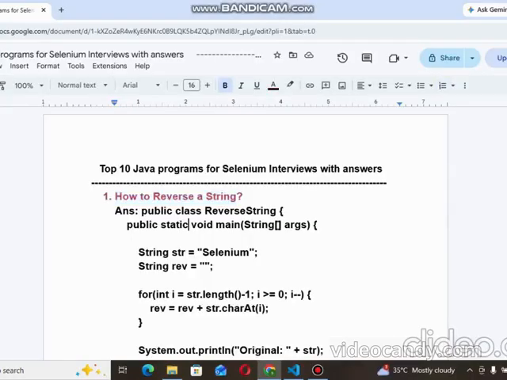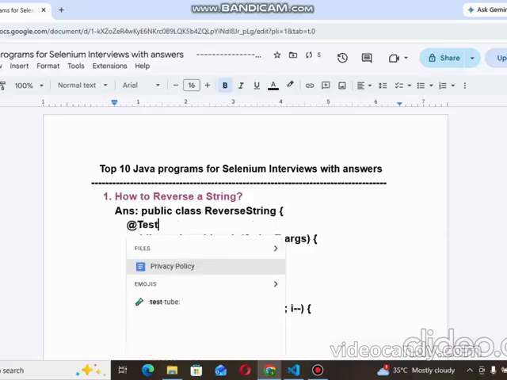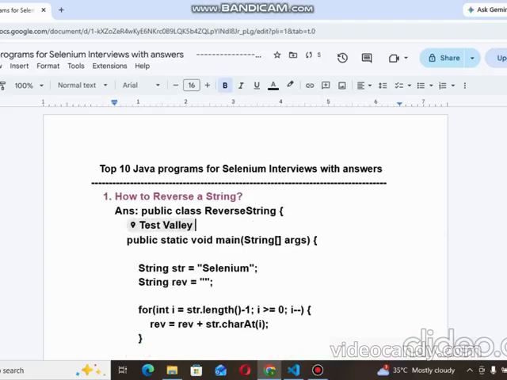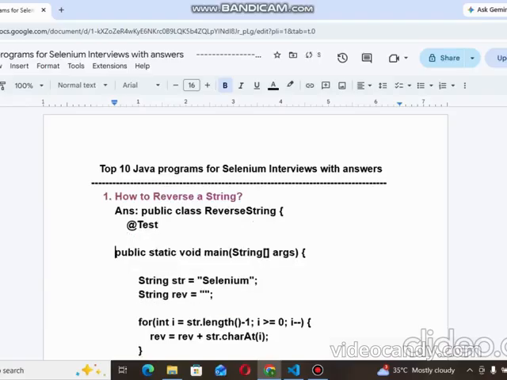So for this, in Java I created a class ReverseString and used main. This is the main method. This is the Java program to run when we execute the class. We can also use a Test annotation to run this program. We can create a test, import the Test annotation, and later we can have a method